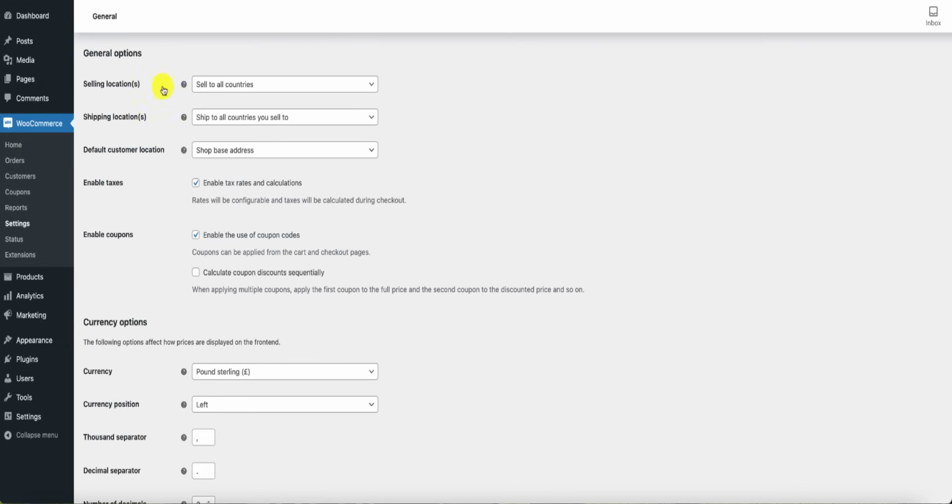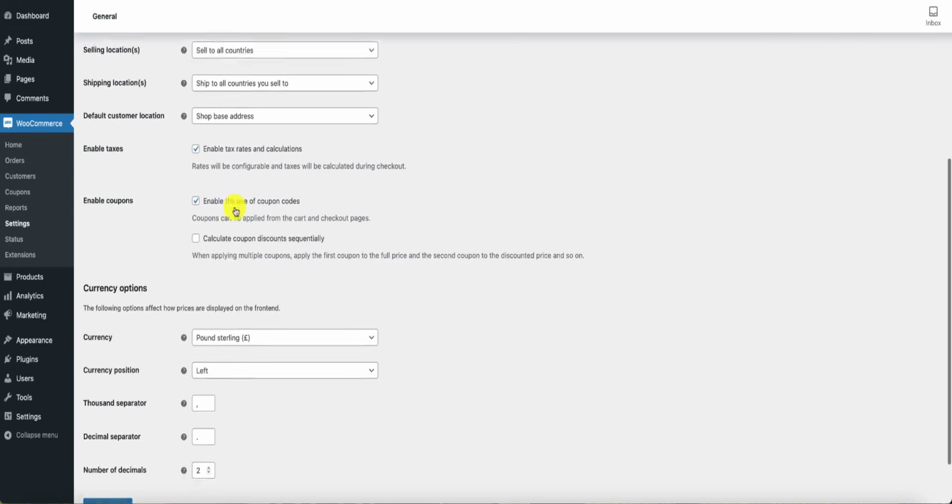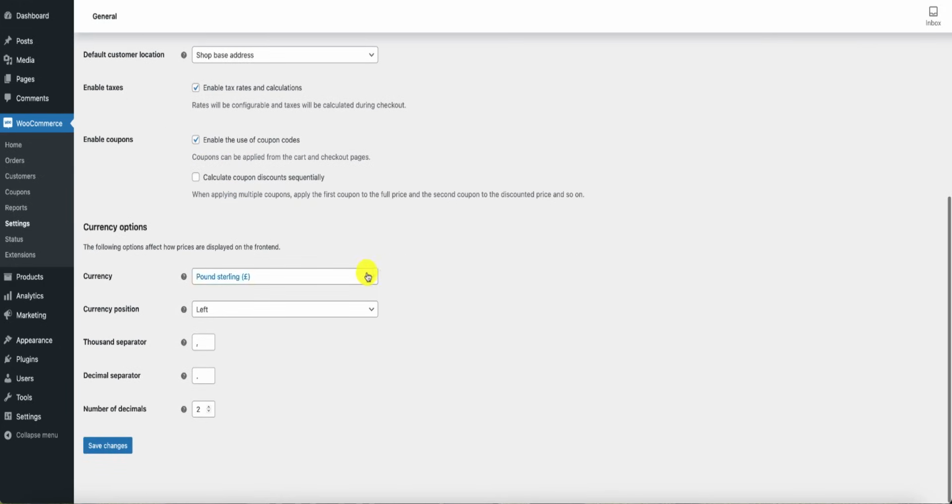You've got the little icons to give you a hand here, so you can sell to any countries or any countries except. I'm just going to keep it as the default, sell to all countries, same as the shipping locations and the shop base address. I'm just going to leave enable taxes selected,